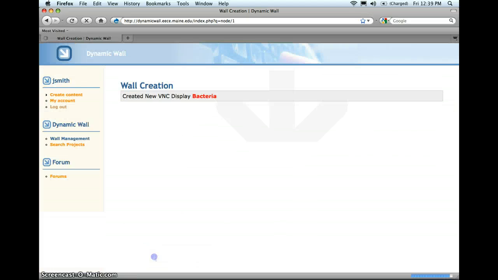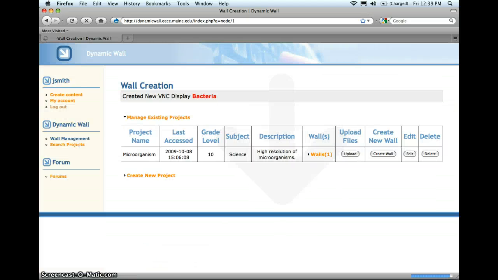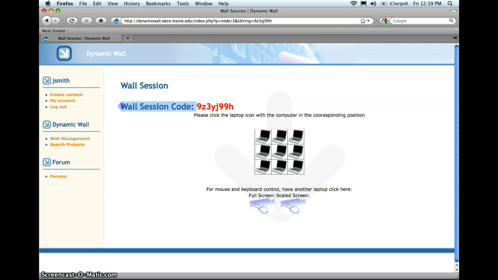Now, once the wall has been created, students can access it by, first, if you click on the bacteria, you see there's a wall session code right here. Now students need to write down, or you can write down the session code on the board, and this session code will be used by every student on their laptop. So what students will need to do, and I'm going to log out for now and act like I'm a student,